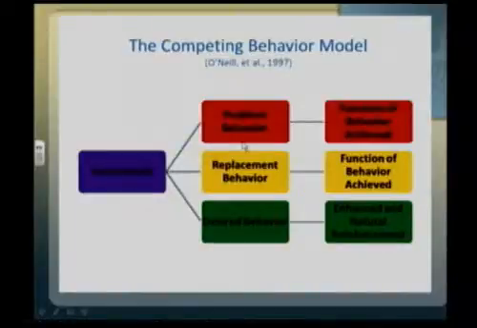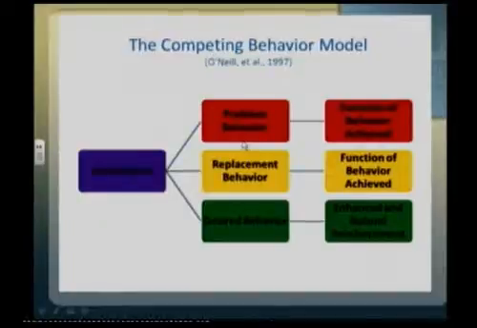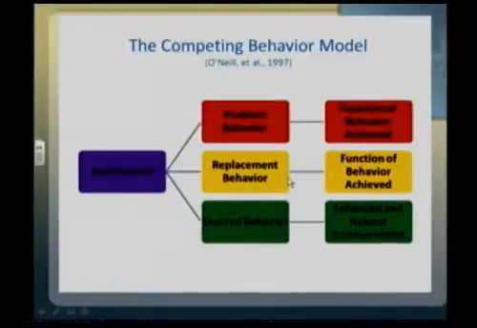You'll plug in the information you collected about the function of the behavior in the red boxes. You'll identify the problem behavior, and then you'll identify the function of that behavior next to the problem behavior. In order to help you plan efficiently, you'll then move to the yellow boxes, where you'll identify a replacement behavior. When you first identify that replacement behavior, you want to make sure that it serves the same function that the